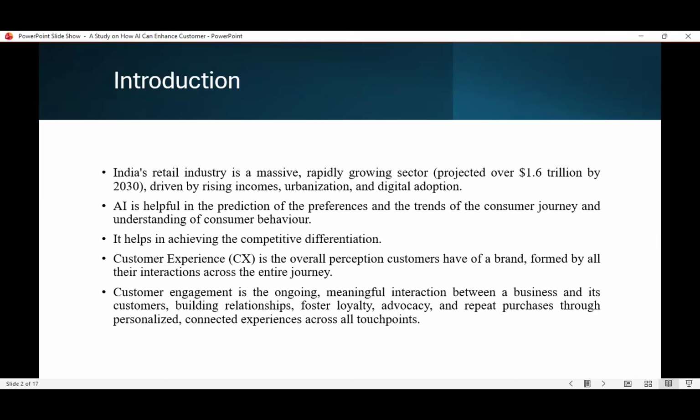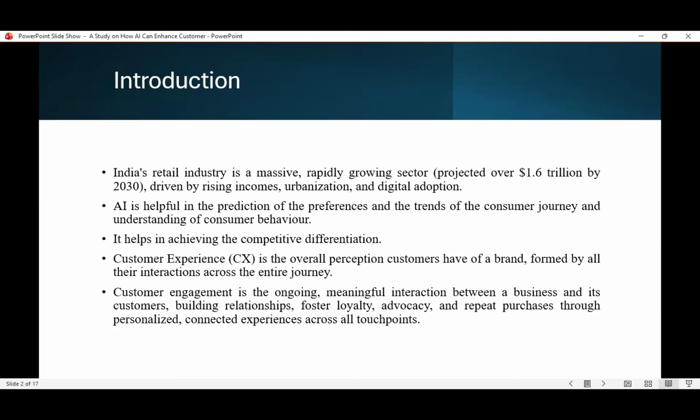For example, it is very helpful in predicting consumer taste and the consumer journey. With the help of AI we can map the entire consumer shopping journey. It is pretty helpful in understanding consumer behavior, right? And AI, as we all know, is helpful in collecting and storing data, and all this stored data can be utilized in ultimately understanding the consumer behavior. It also gives a competitive advantage to all the organizations, to all the brands, to all the retailers